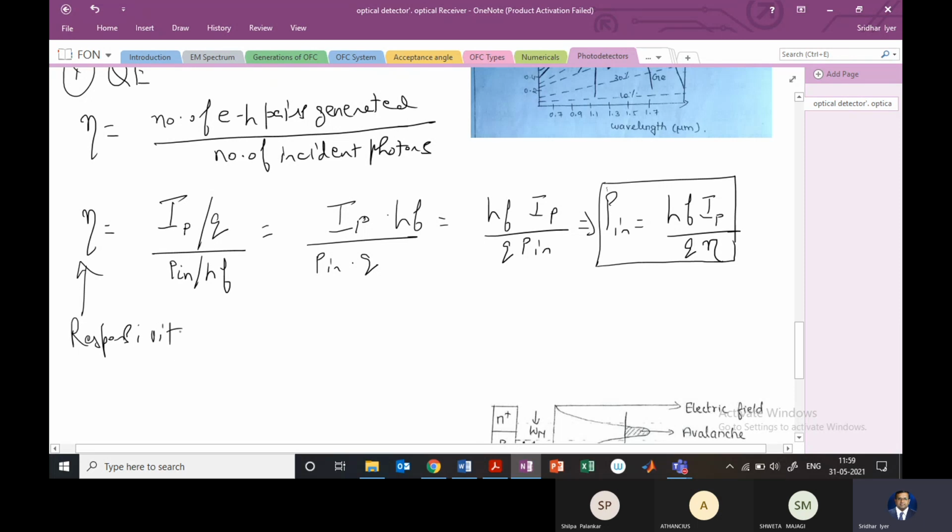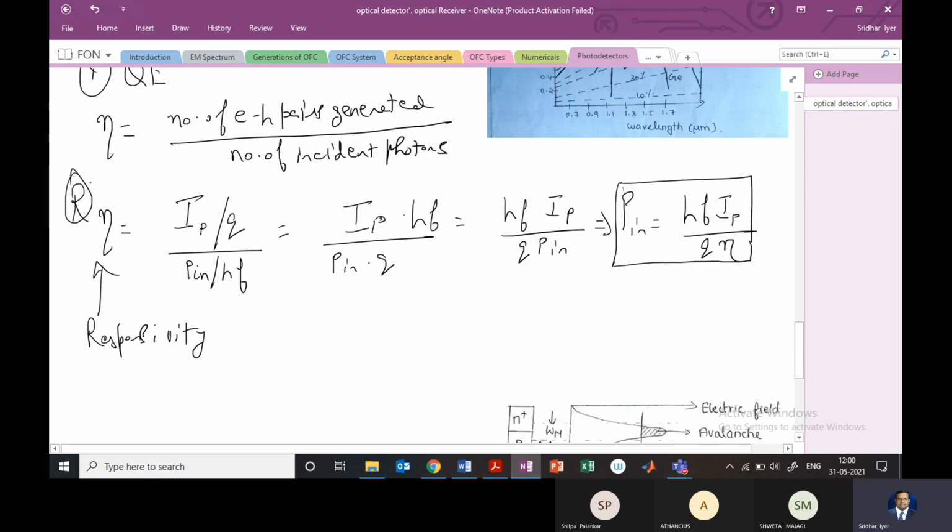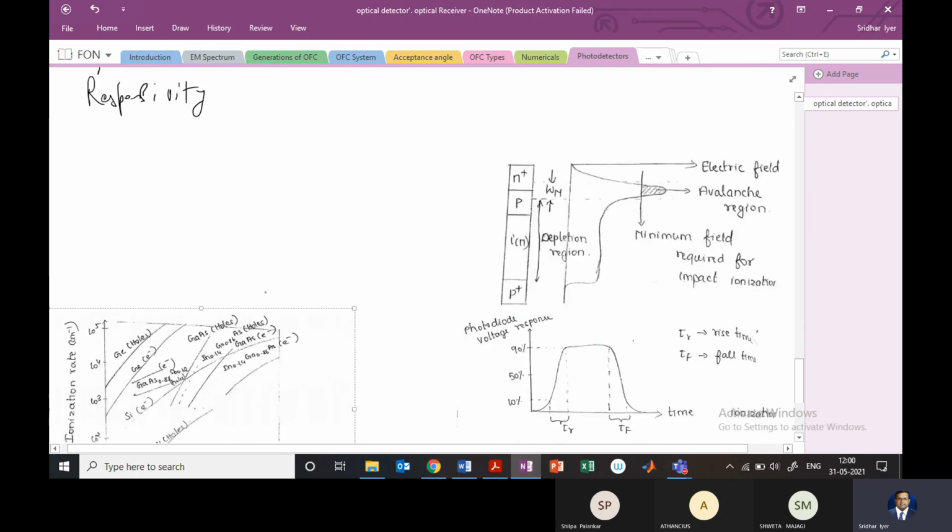Okay. In some books and sources, they also denote it as R. Okay, responsivity. So to achieve high quantum efficiency, in general, we require this depletion layer to be thick so that it can permit a lot of light to be absorbed, and therefore electrons can move from the valence band to